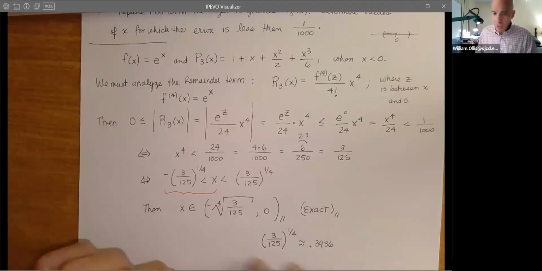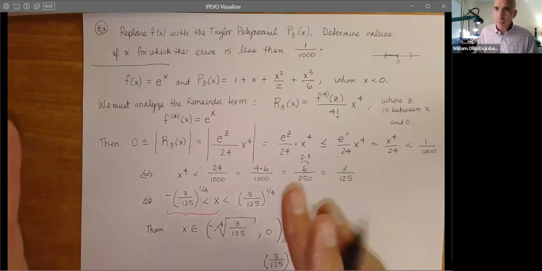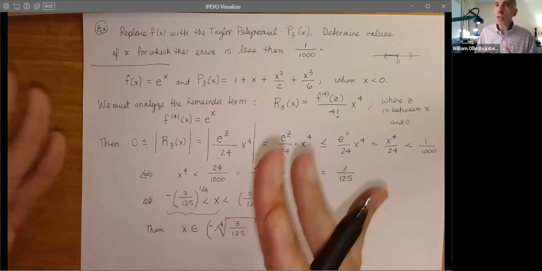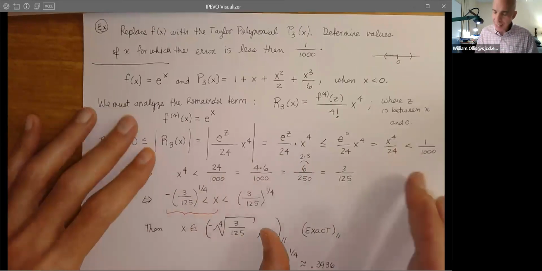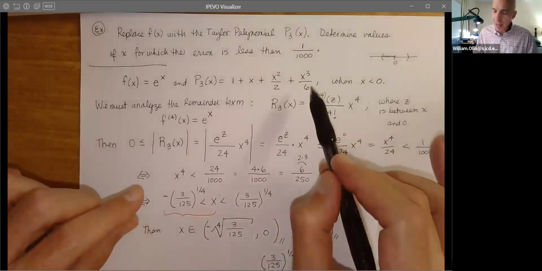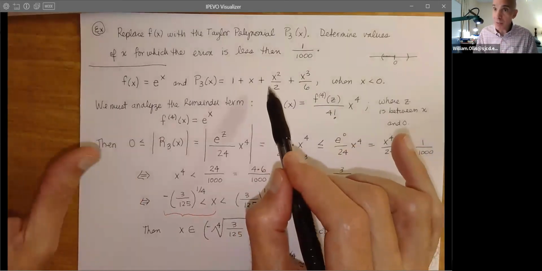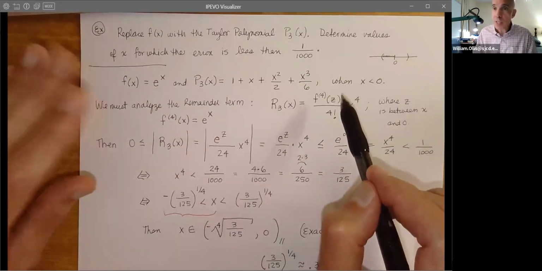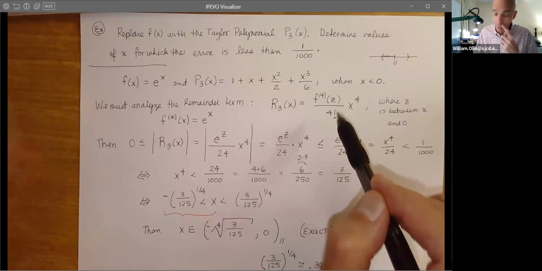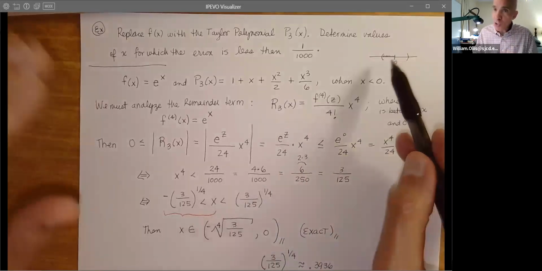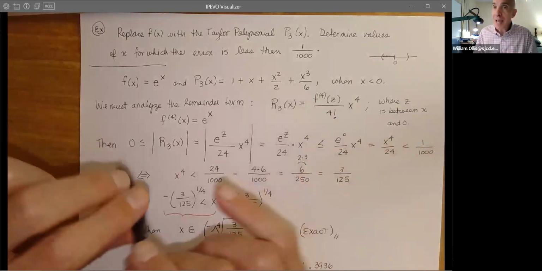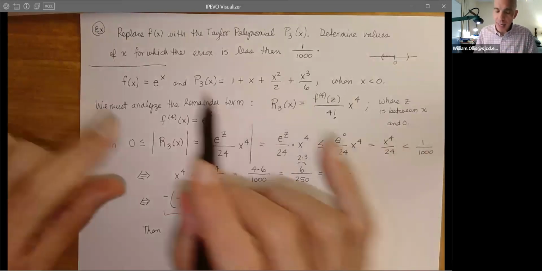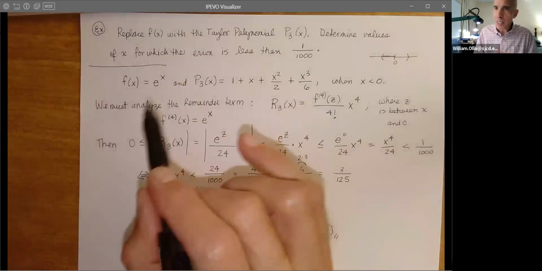So now when we look at this, we see that Taylor's theorem gives us a way to analyze how good the replacement will be. With this type of analysis, if we have a function that does satisfy Taylor's theorem, and that's the thing, it won't work for any function. It has to be a function that satisfies the hypotheses of Taylor's theorem. So if we want to stretch this more, we can increase the power of our Taylor polynomial.